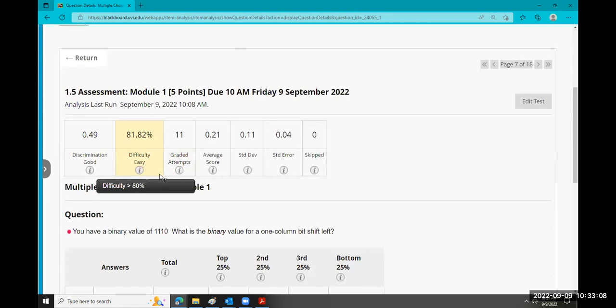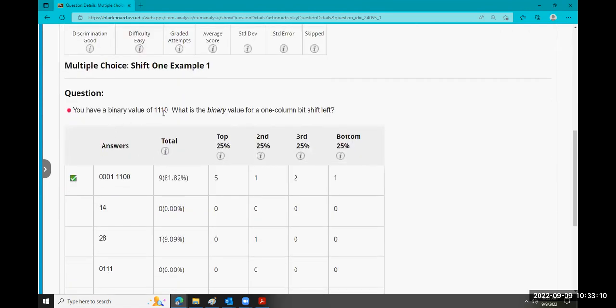Okay. So we have a binary value of 1, 1, 1, 0. What is the binary value of a 1 column shift, a bit shift to the left? So if I take this 1 and I slide it off this left boundary, what I start is a new nibble of 0, 0, 0, 1. That leaves the 2 1s over here. And when I slide to the left,